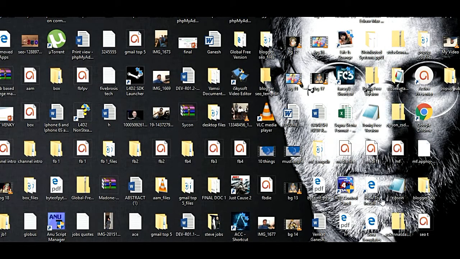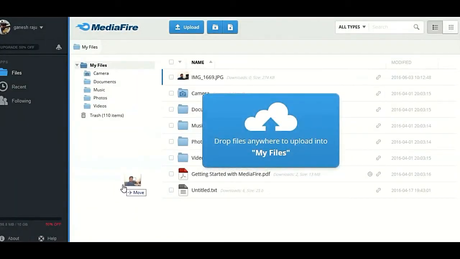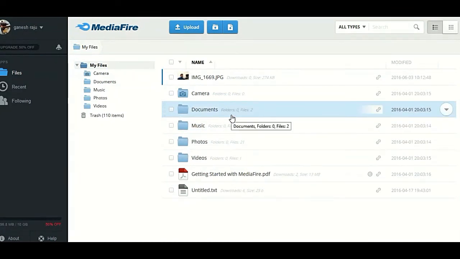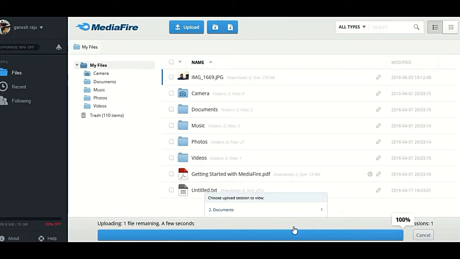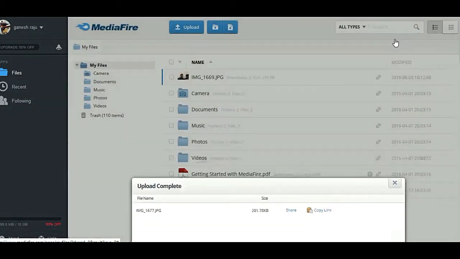You can also drag the files and place them into your media file, and then it will automatically upload those files. Okay, you find it uploading one file. You can upload with the drag and drop method also, and return to my files or close this one.